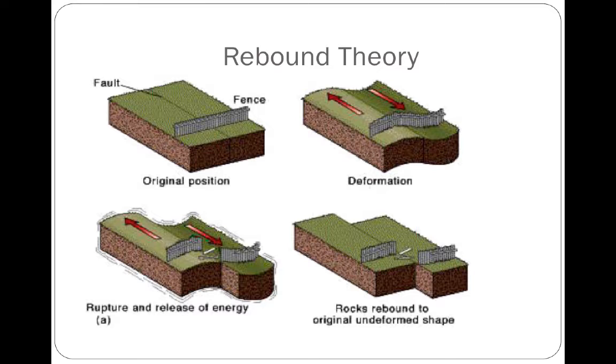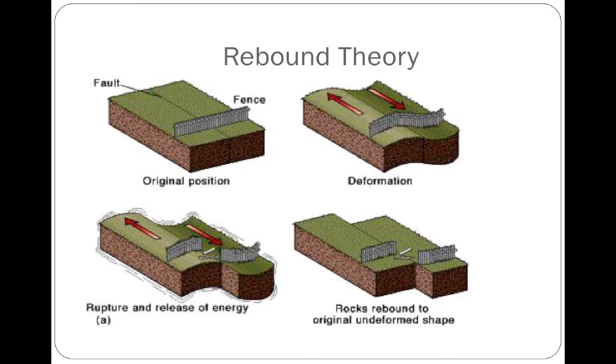When we talk about the theory of earthquakes, what you have is what we refer to as the rebound theory. This diagram shows a fence pulled across the two plates, so the fence straddles the boundary, and those plates are slipping past each other in a transform boundary. The first thing is the deformation of the landmass as that energy builds up. Eventually, it gets to the point where that energy has to release, so an earthquake occurs, and then the rocks rebound to their original shape, and the whole process starts over again.